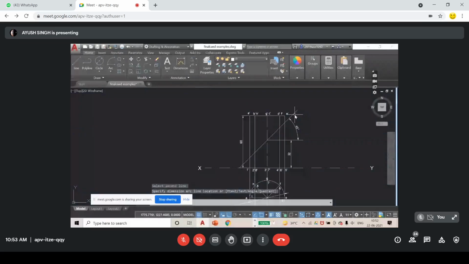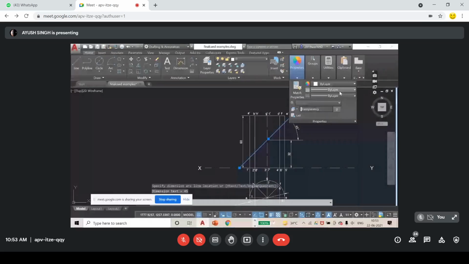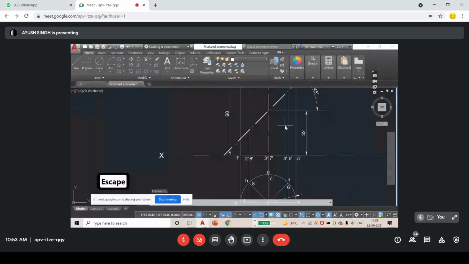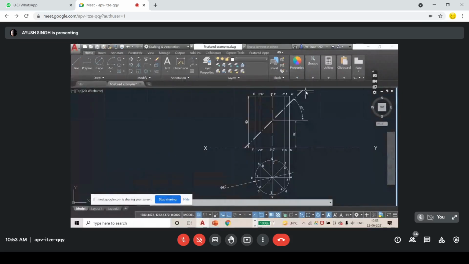So this is my bisector line. The bisector line is to be shown with a dash dot line, and it should be a bit bold, not that bold, but not that thin either. Now this is my rectangle. The section plane has cut it, so this upper part is not here now.